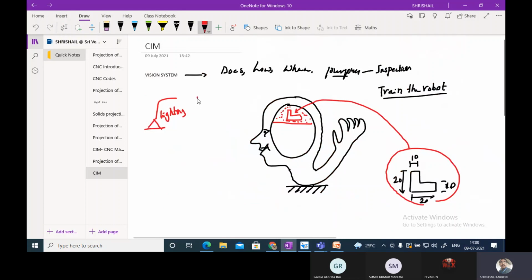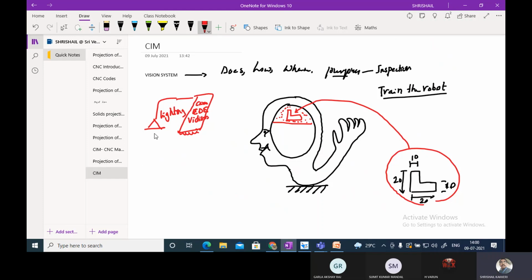Along with this, there will be a vision system. The vision system is called a camera, an LED camera or some other, a Vidicon; some of these cameras will be used to find the surface properties.